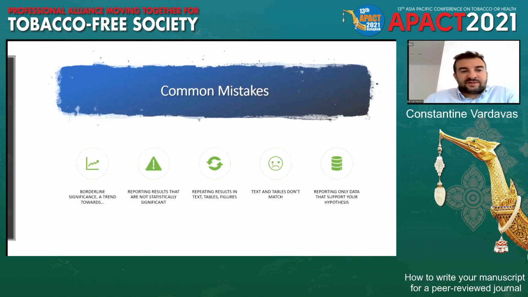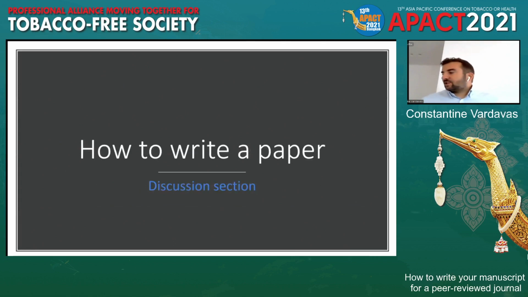And then the last section of a manuscript is the discussion section. So you have the introduction, the methods, the results, and the discussion. The discussion section is usually the last thing to write in a manuscript, because here you need to have a good idea of the introduction, the methods, and the results. You must have presented the results, and then in the discussion you are discussing them, presenting the results in a more elaborate format.